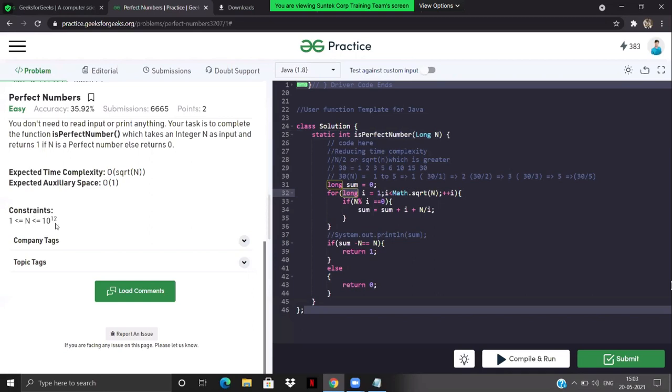Because the n value can range between 1 and 10 to the power 12. So let's say my n value is 10 to the power 9. Can we take int? No, you cannot take int. Let's say the n value is 10 to the power 11. Can an integer contain 10 to the power 11? Will my i iterate till 10 to the power 11? Of course not.